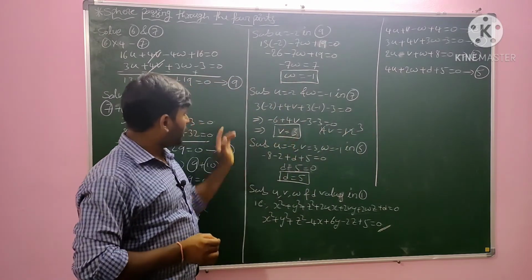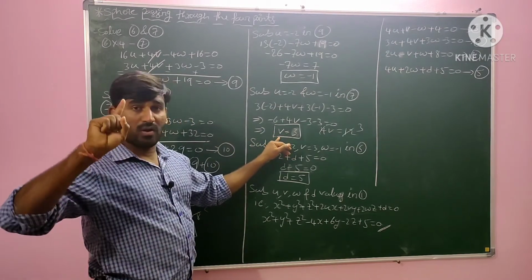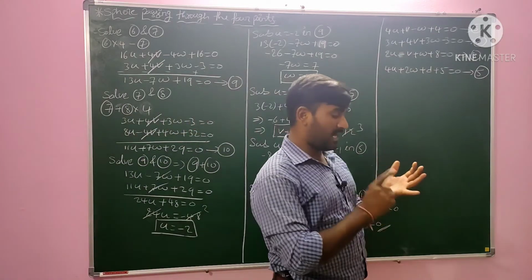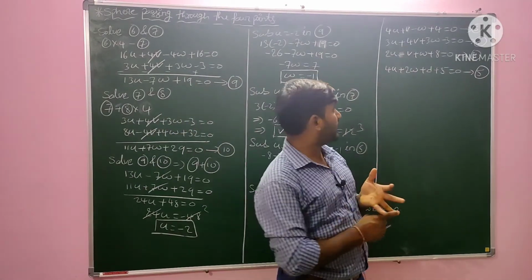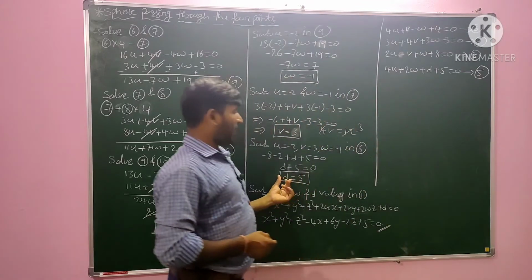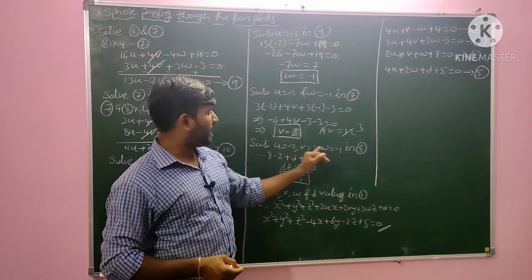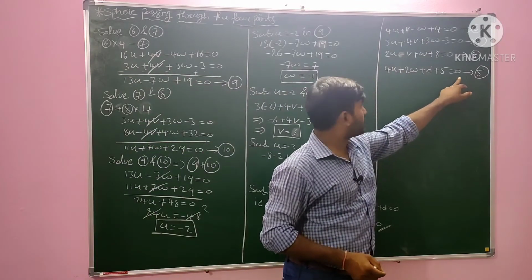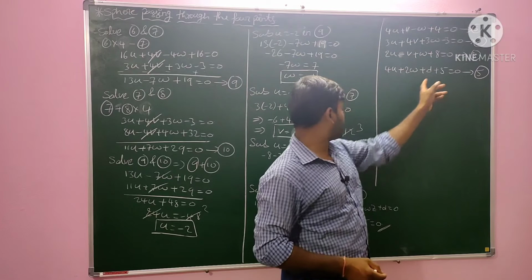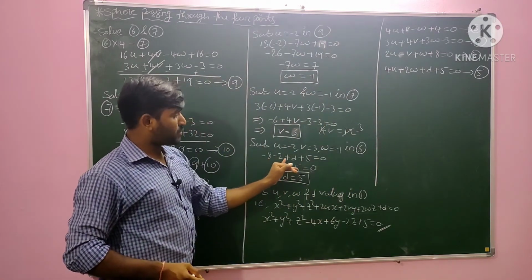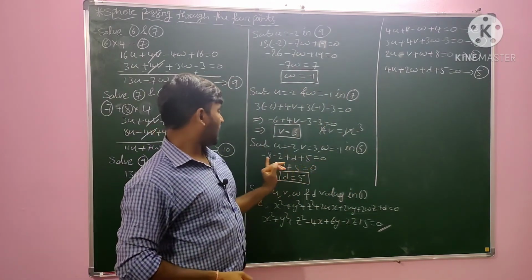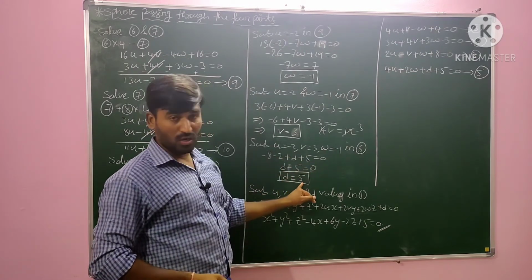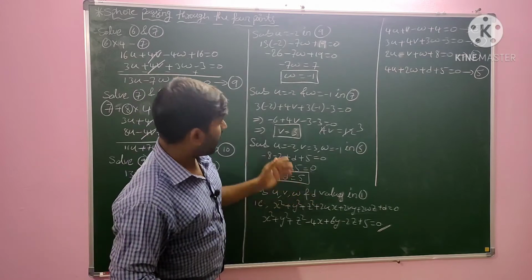Here we have u, v, w. We need to find the last value, that is d. Now substitute u, v, w in the 2nd, 3rd, 4th or 5th equation, and you will get the d value. I am substituting u, v, w in the 5th equation. The 5th equation is this one. Now substitute the values in this equation, you will get minus 8 minus 2 plus 8 minus 5 equal to 0. Then minus 8, minus 2, minus 10 plus 5 is minus 5. d minus 5 equal to 0 means d equal to 5. We got all the 4 values.